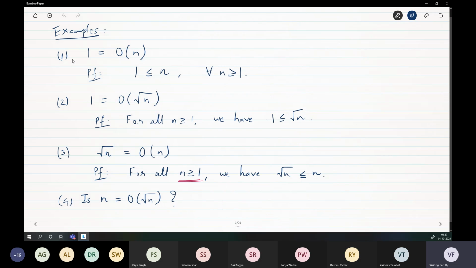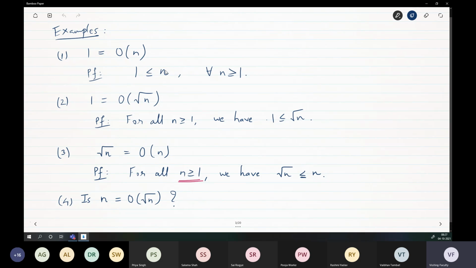So let's look at the first 3 examples just momentarily. So I was telling this intuitive idea, right? Growth of the function, the rate at which it is growing. How fast is the function tending to infinity? That is what big O and big omega are trying to capture. So when you say 1 is big omega of n, n goes to infinity faster than 1. Do you agree?